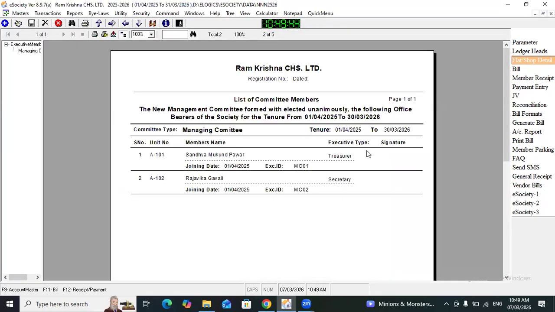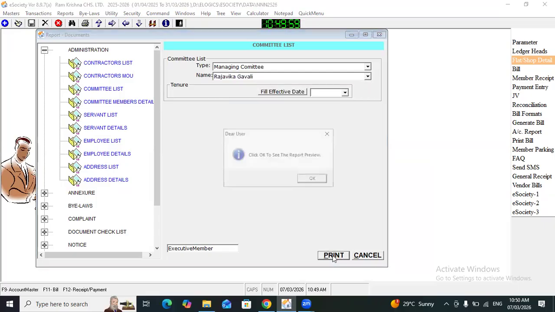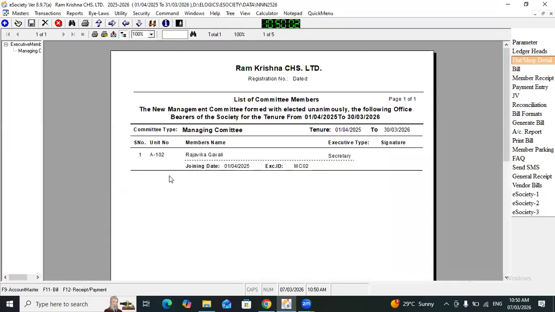Here you can see there are two members inside this Managing Committee, so that is printing. If you want to apply a filter and print only a particular member, you can select the name and click on print. You can see only that member's name coming here.